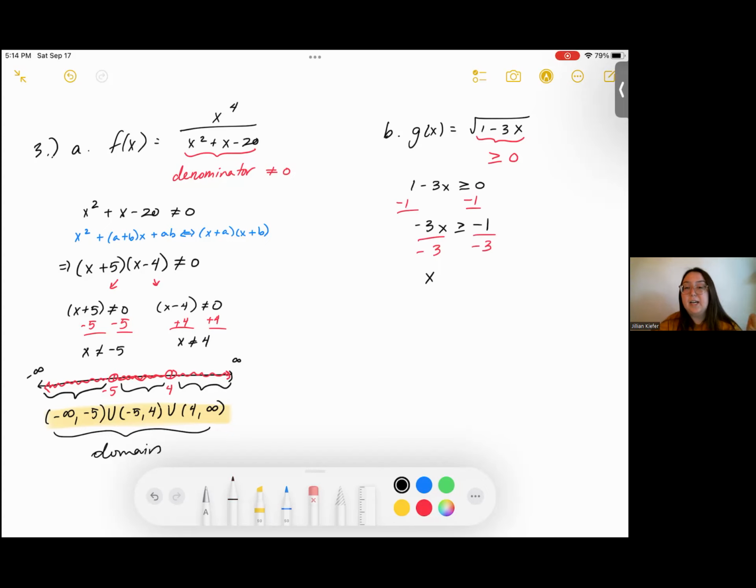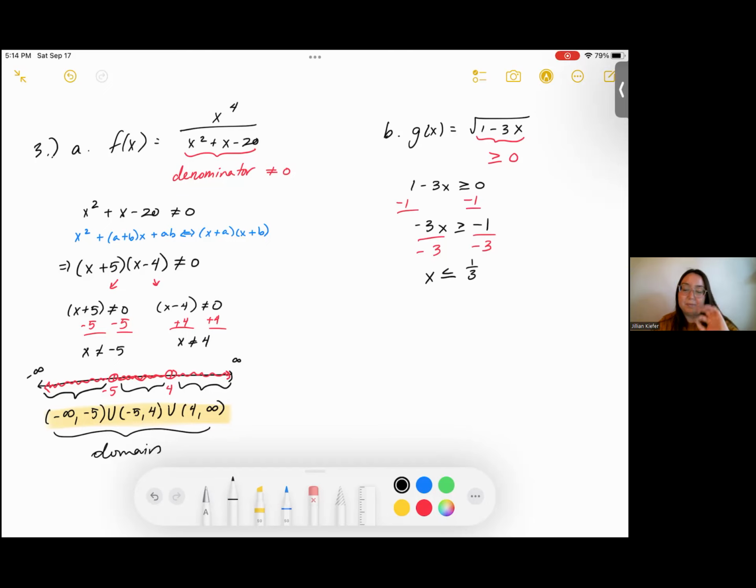When you divide by a negative number in an inequality, your sign has to change direction. So we had that the expression had to be greater than or equal to some number, but when we divided by that negative number, the sign has to change. It's something very important to remember in problems like these. So we divided by negative 3. We now have x is less than or equal to